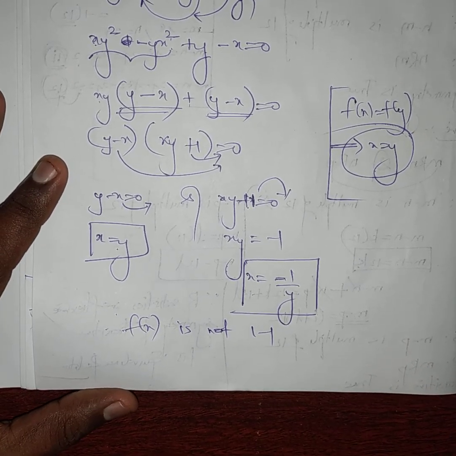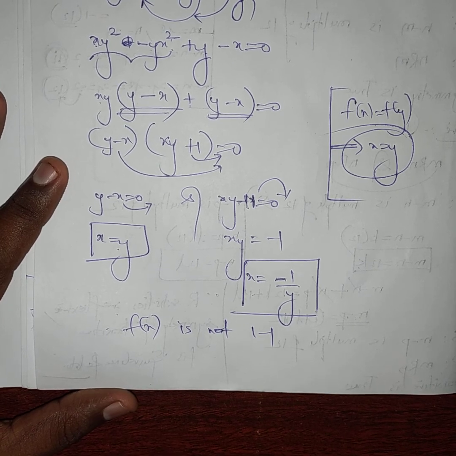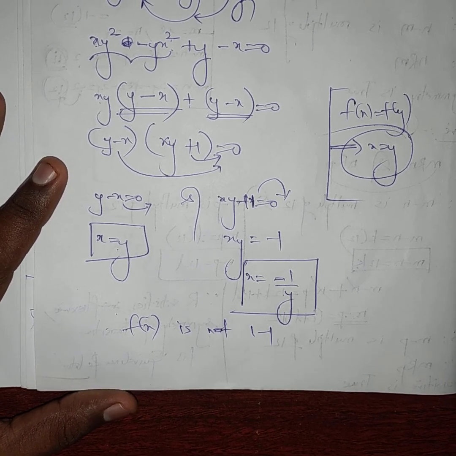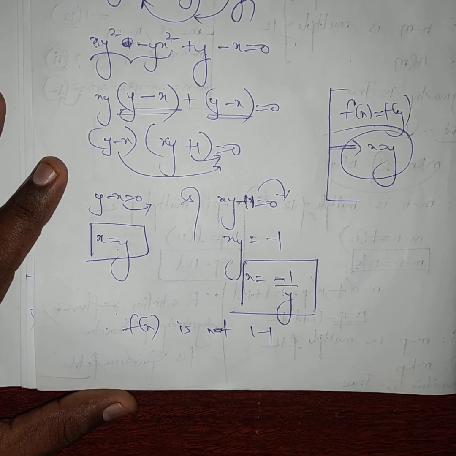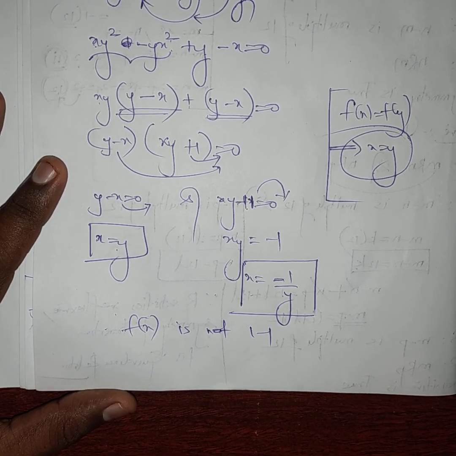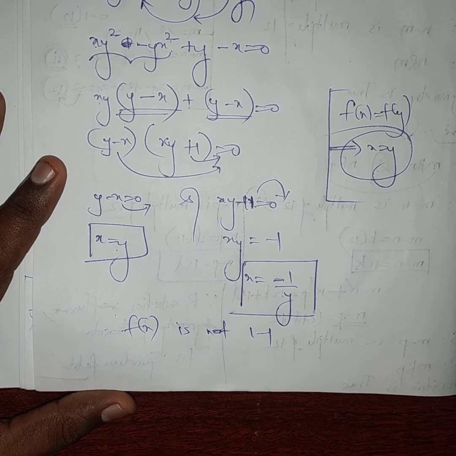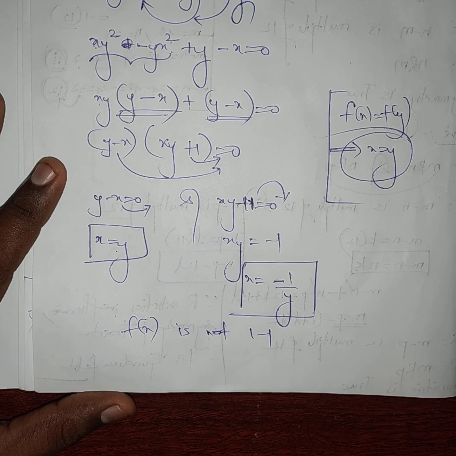So in such cases, when we show f of x is 1 to 1, no problem. But once we have said f of x is not 1 to 1, then we need to show it with some examples. This is the main thing. This only they have done in the textbook. If f of x is 1 to 1, no problem. We show it is 1 to 1, we proved, we can move to the next problem.